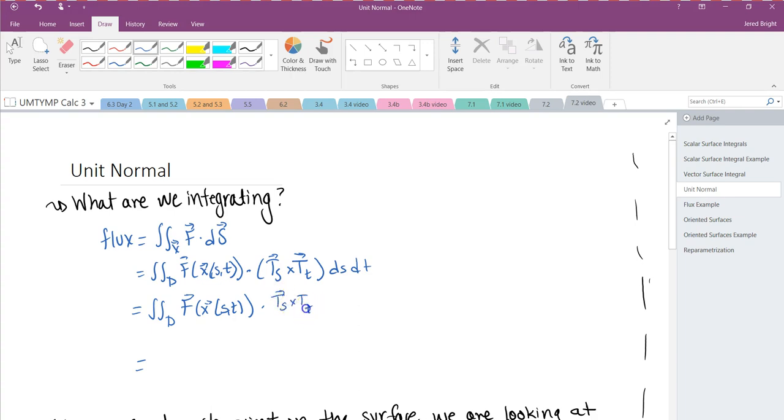So Ts cross Tt, and then divide by the length of Ts cross Tt, but then if I divide, I have to multiply. So Ts cross Tt, okay, and then ds dt, okay,